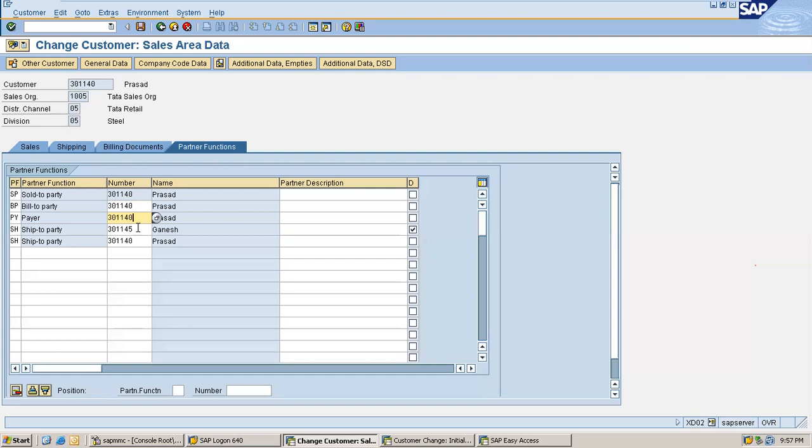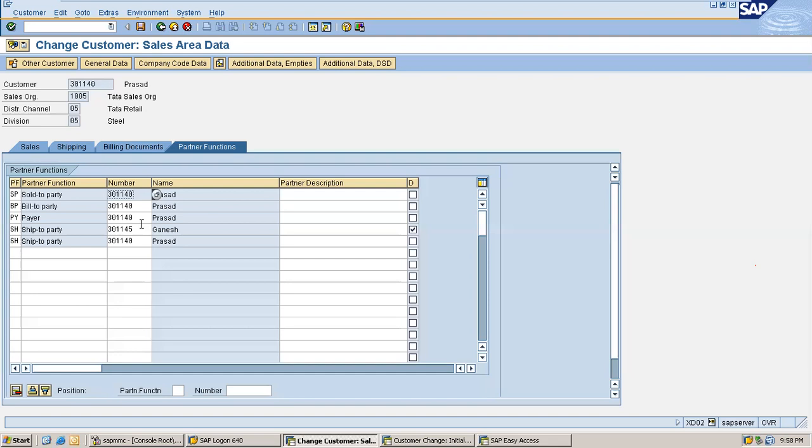Okay. One more point to discuss here is how these numbers get generated automatically. If these numbers are created automatically, there should be a mechanism running at the time of creating a customer number, right? Yes, that is called partner determination. So to generate these numbers automatically, you have to use a configuration setting called partner determination.